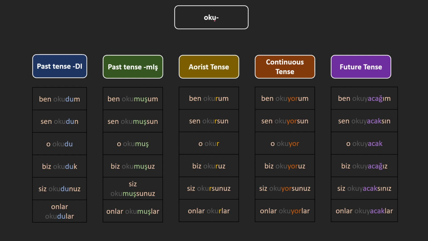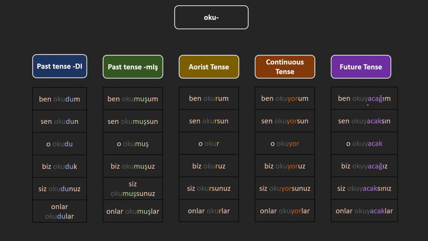So you will need to be careful, especially with continuous tense and future tense, and also aorist tense, like we don't have r, we only have these. By the way, when I say r, I don't mean the English pronunciation, I mean actually a and r. We don't say it this way or this way. We don't put an extra vowel because it already ends in a vowel, so we are only having one letter. And this one, again, it already ends with a vowel, so we don't have the i or u. Simply yor, okuyor. Okay, okuyorum,